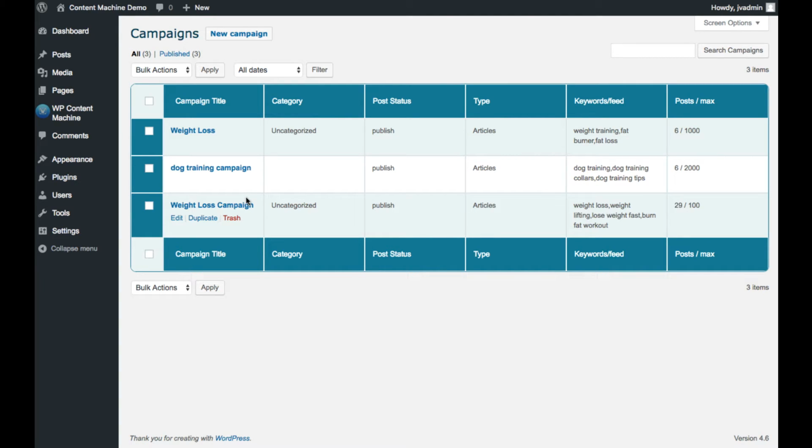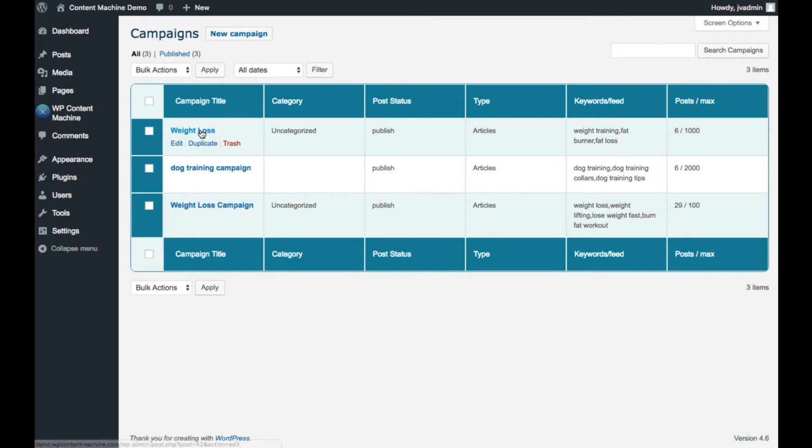So this might be good for someone who just doesn't have time to write articles. They don't have someone to outsource it to. They don't have the money. But they need to start ranking for maybe some longer tail keywords, or there are ways that you can integrate Amazon and Best Buy into WP Content Machine and rank for more buyer terms that are longer tail keywords. And that could possibly help as well.